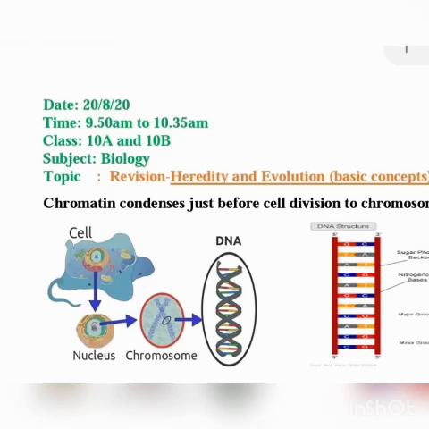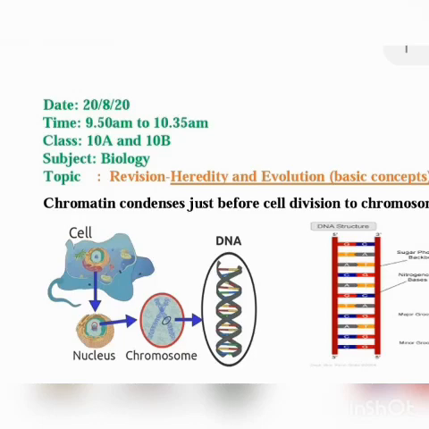In an undivided cell or in a young cell, the genetic material is present in the form of chromatin. But when the cell matures or just before division, this chromatin material condenses and changes to chromosomes. Means the chromatin material shortens, thickens and forms chromosomes. Now what is a chromosome? A chromosome is nothing but a DNA molecule. DNA molecule means